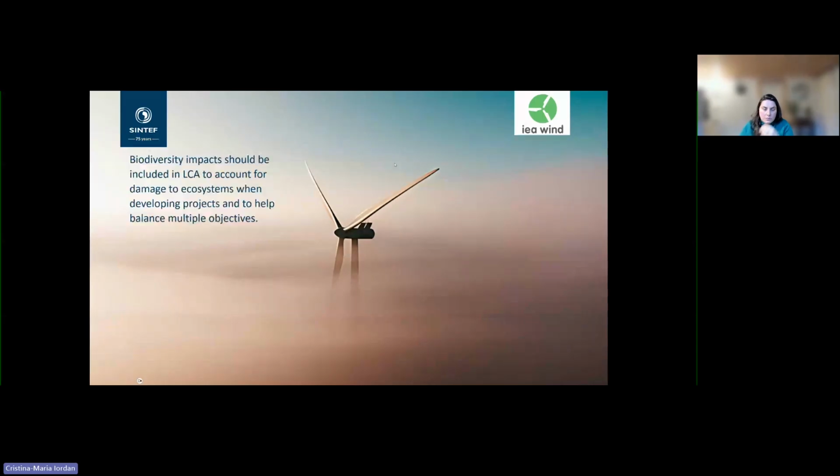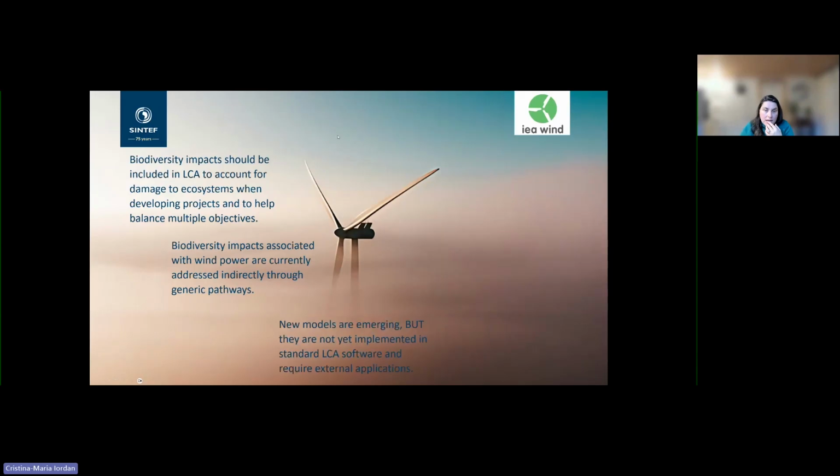Okay. So, as Roel showed us, it is important to include biodiversity and wider ecosystem impacts in LCA in order to account for the damages from the deployment of wind projects, and also to facilitate optimization across multiple objectives. Dafna introduced us to the topic of how biodiversity impacts are quantified currently in LCA,